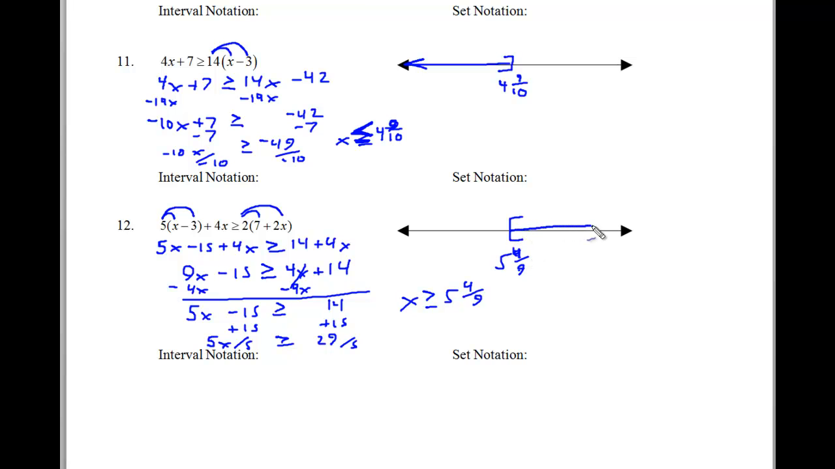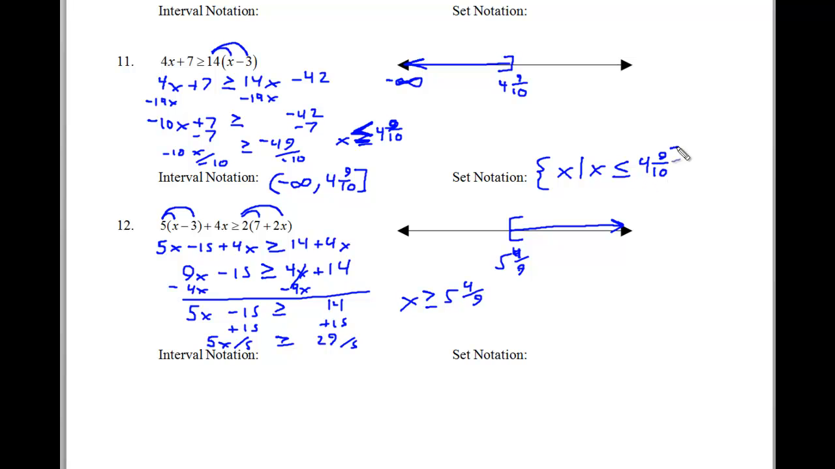And it's going to go shade to the right. Alright, now you'll notice that I left off my interval and set notation. We can always go back and do that later. The interval notation is going to be from -infinity to 4 9/10. So here's my parenthesis going from -infinity to 4 9/10 using a bracket. The set notation is going to be where x is going to be less than or equal to 4 9/10